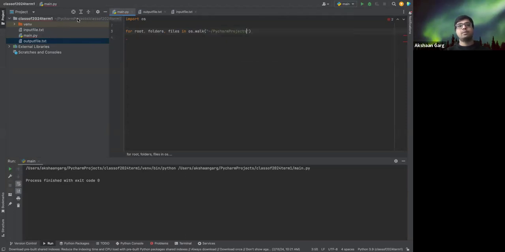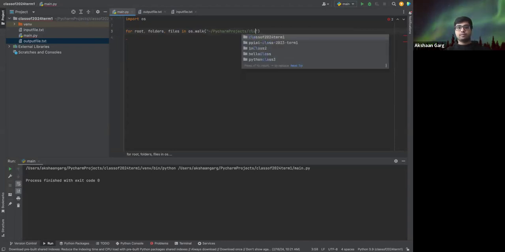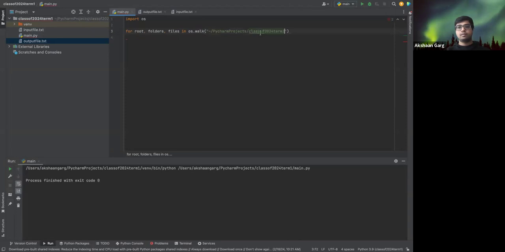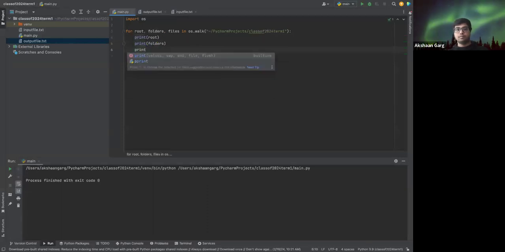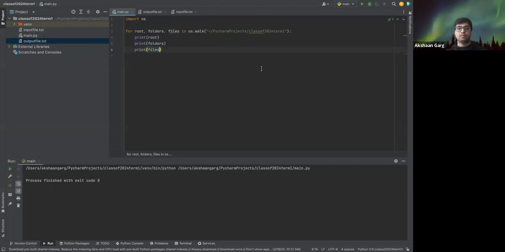Which we can look at by just hovering over here. Now in here, let's just print these out for now. So now if I run this code,